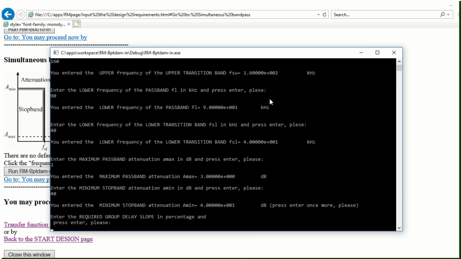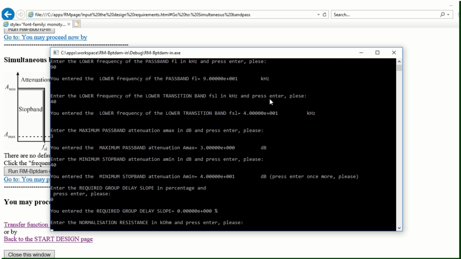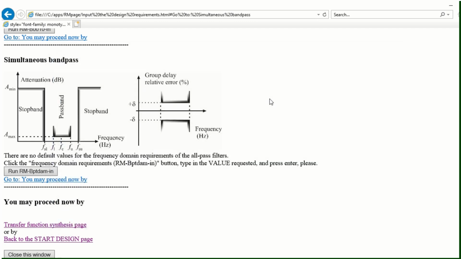Group delay slope, we may give any number, positive, negative, or 0, but we will go for the 0 now in this example. One can find other examples in the documentation of the program within the so-called tutorials. Normalized resistance 1 kilo ohm, which has no importance in this case. Now we may proceed with the